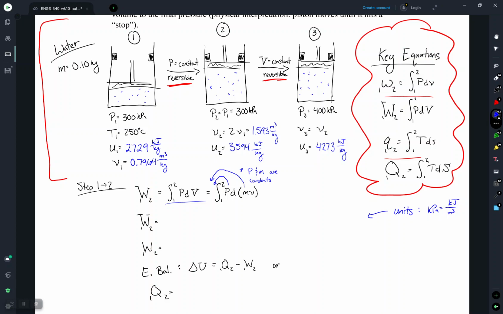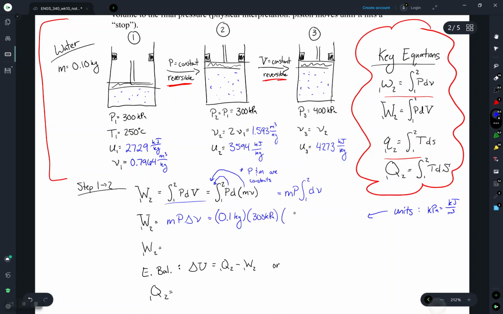Mass is typically going to be a constant because we are looking at a control mass, which is really by definition a single amount of stuff. But pressure is not always going to be constant. So this equals mass times pressure times the integral from 1 to 2 of dV, which is just equal to mass times pressure times delta V, or 0.1 kilograms times 300 kPa, which is our pressure, times the change in volume, 1.593 minus 0.7964